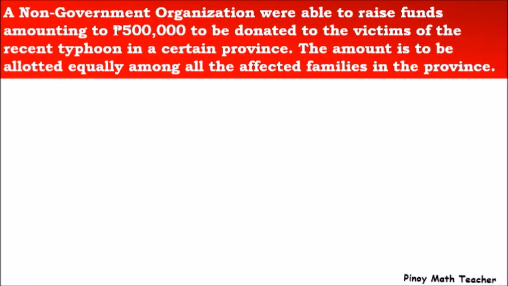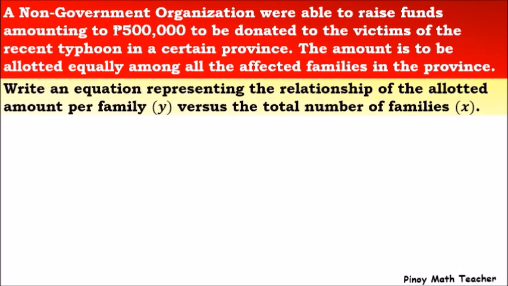A non-government organization was able to raise funds amounting to 500,000 pesos to be donated to the victims of the recent typhoon in a certain province. The amount is to be allotted equally among all the affected families in the province. Write an equation representing the relationship of the allotted amount per family, represented by Y, versus the total number of